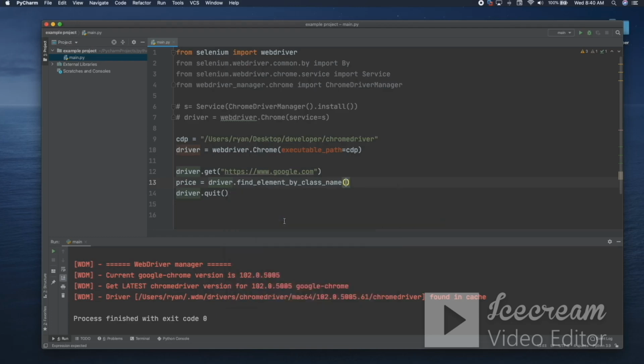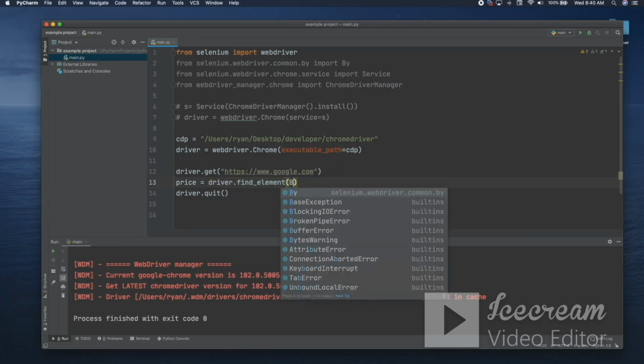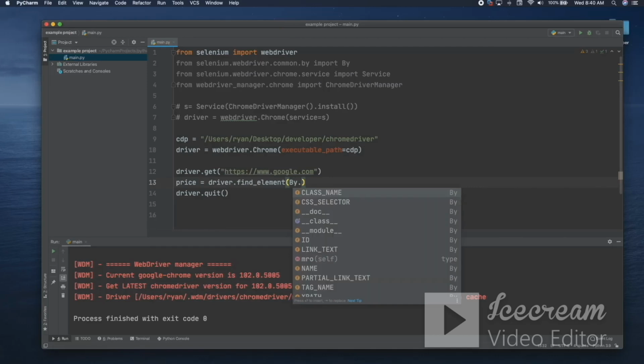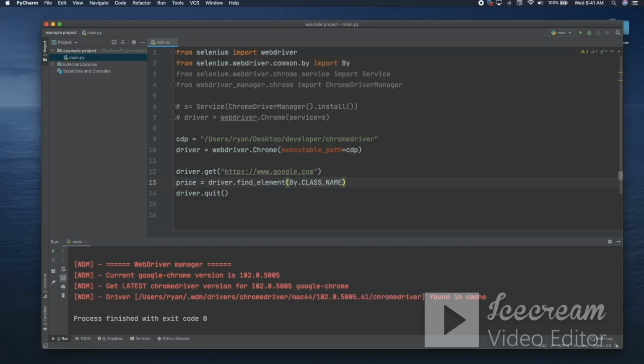Later we're going to use the one with the S, and this is the deprecated version. I forgot this is the version that I learned when I was using this. What we do here now is we delete all of that, and we delete that, and we come in here and we say By dot class name, and in here we're going to put that class name that we just copied, just like this. The next thing we need to do is update this HTTPS right here, and it needs to be this URL right here,